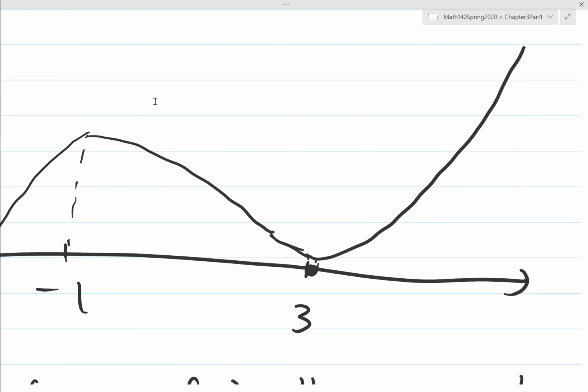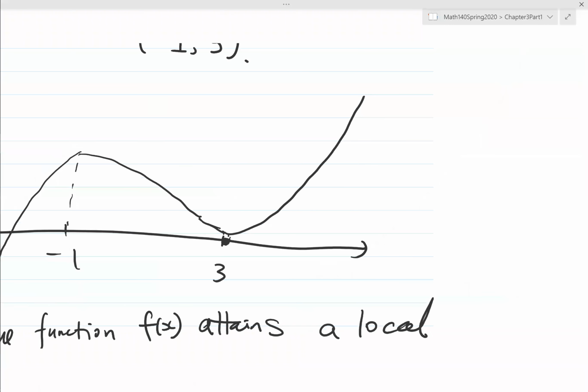Now at the local minimum x = -3, you see on the left side the function is decreasing, so the derivative should be negative. The right side is increasing, so its derivative should be positive. So we know the derivative should change from negative to positive at the local minimum. Okay, so to summarize,